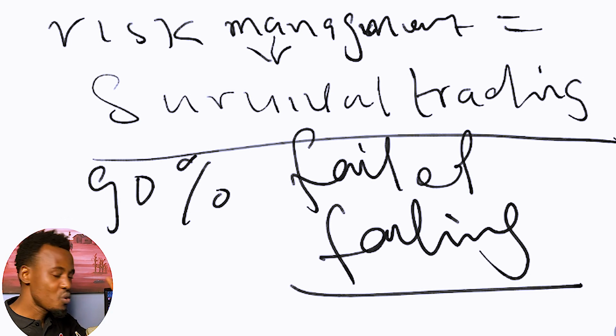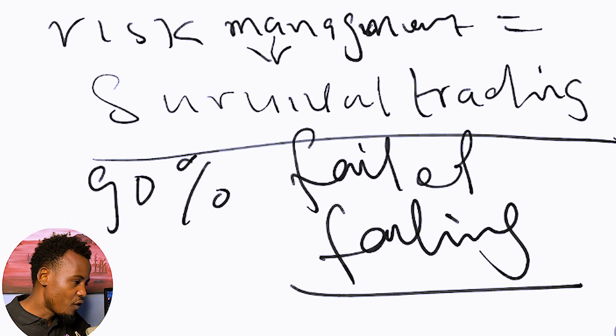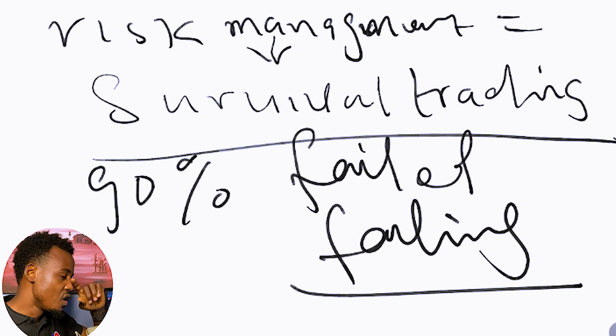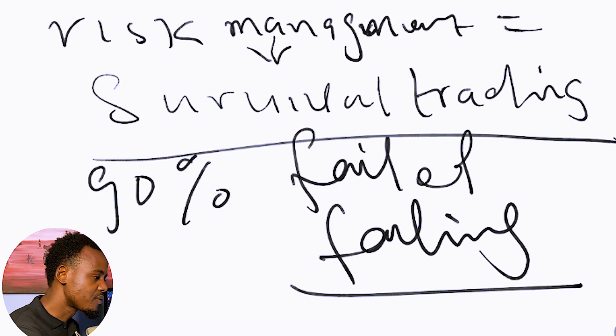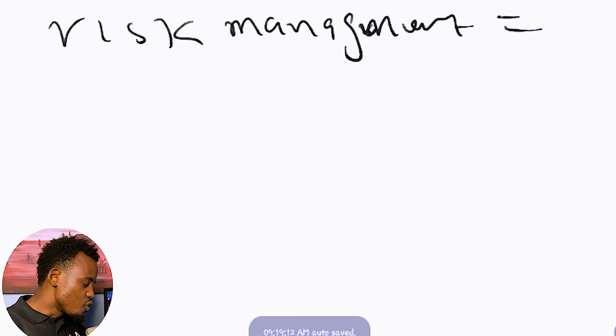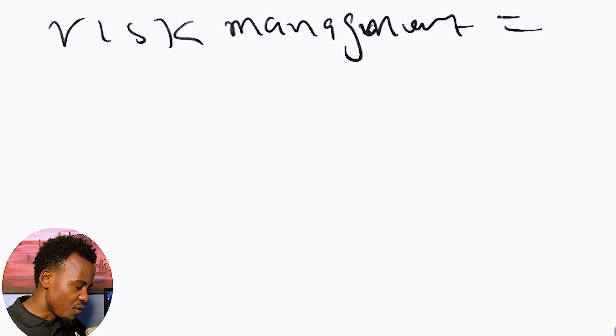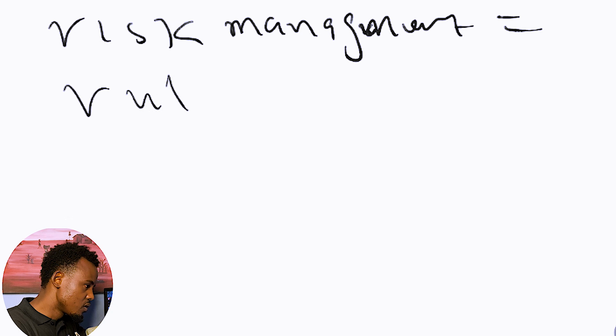If you don't want to be part of the 90% of guys that are failing in the Forex market, then you need to pay very close attention. So how do I manage risk? That is the question. Now, the rule to protect your capital in the Forex market